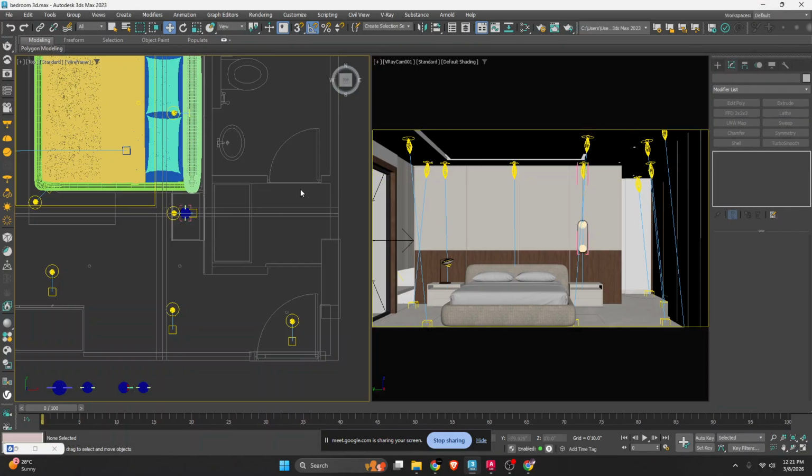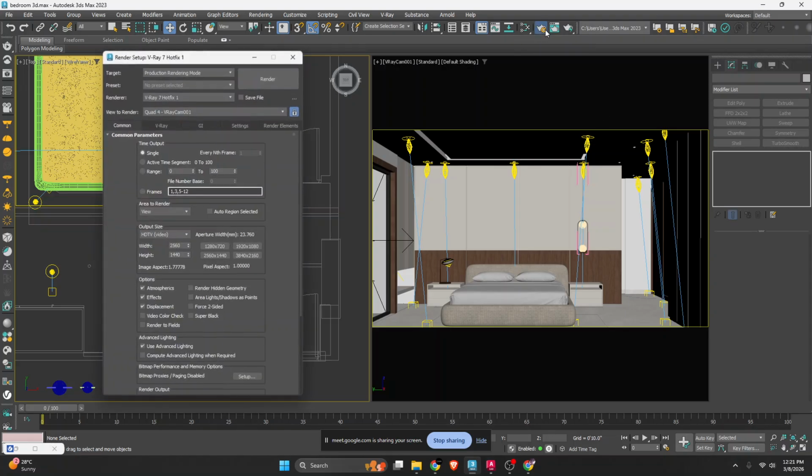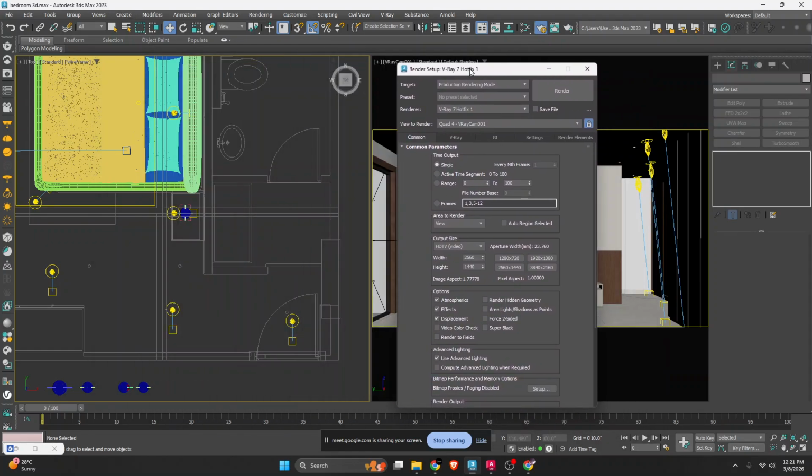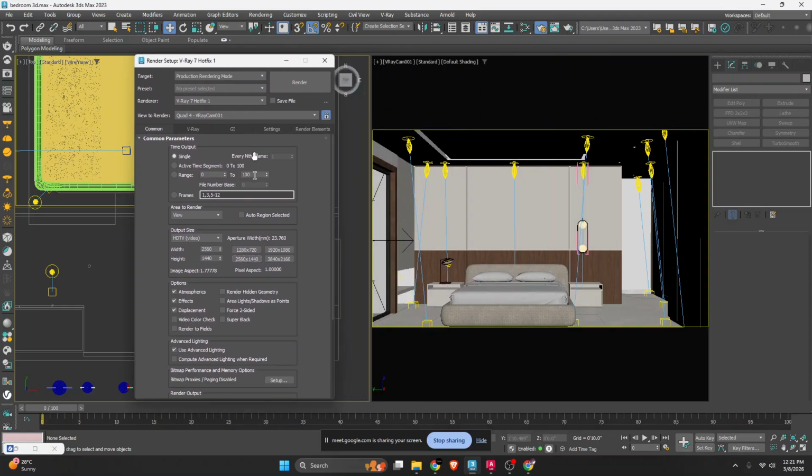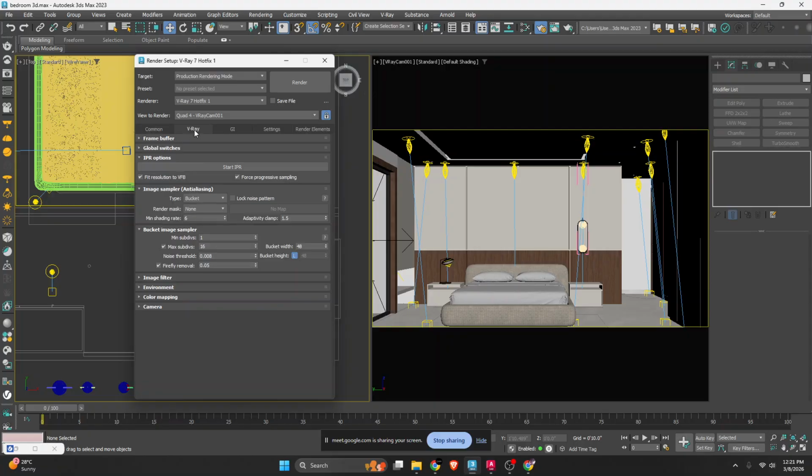If you guys saw my reel for render settings, I will just simply show you what my render settings are. You can just take a screenshot. I use HDTV, set to 2K. This is 2K resolution and this is 4K resolution. So I use 2K. Go to the V-Ray tab,